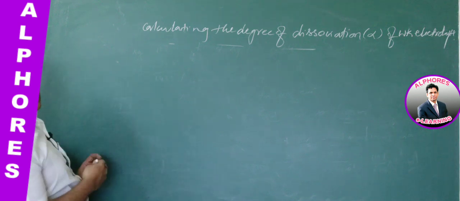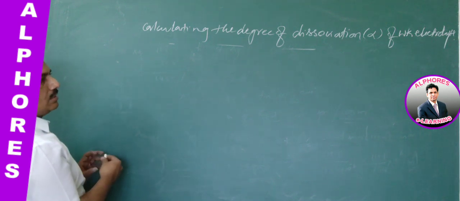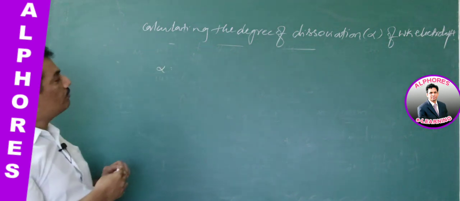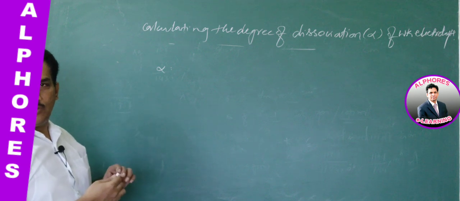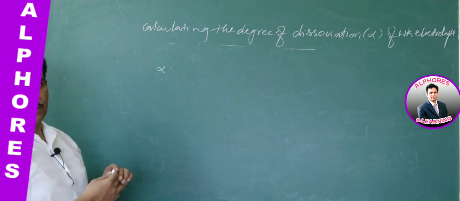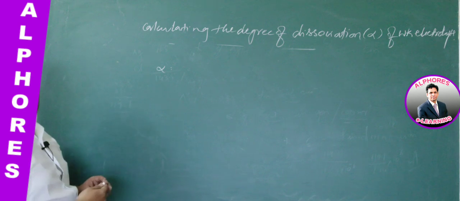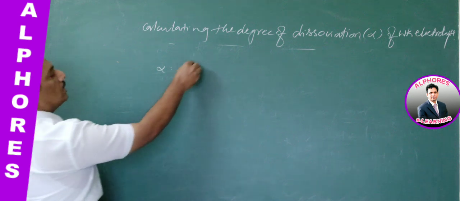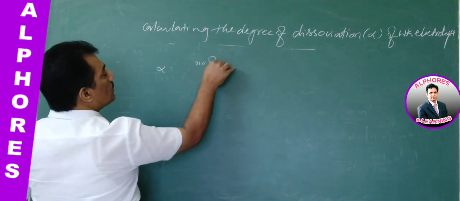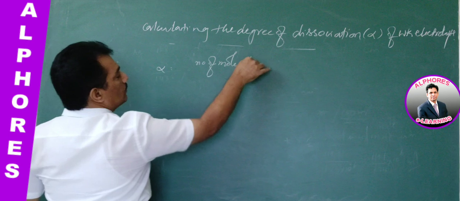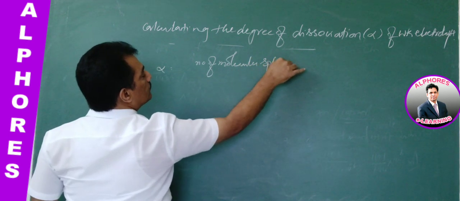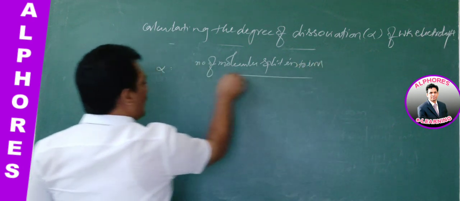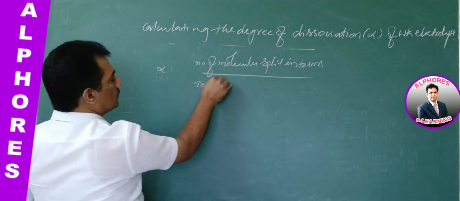Already we know, in the previous sessions, in the beginning of the lessons, we have the alpha from Arrhenius dilution law of weak electrolytes, or Arrhenius theory of weak electrolytes. There, what we are defining as alpha is nothing but the ratio of the number of molecules of the electrolyte split into ions